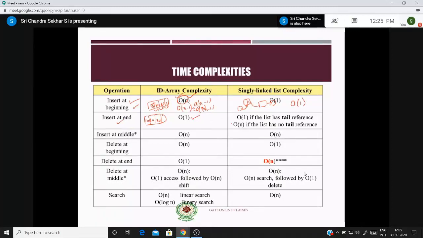And coming to insertion at the end in a linked list, this is very important, right? It is big O of n if there is no tail reference. So what you have to do, for example if you want to delete or insert at the end, is traverse from the first node to the last node. So you have a pointer here, and then you modify these nodes. This we have discussed in the previous session, right? If it doesn't have any tail reference, that means there is no pointer to the last node. Let us take it clearly.